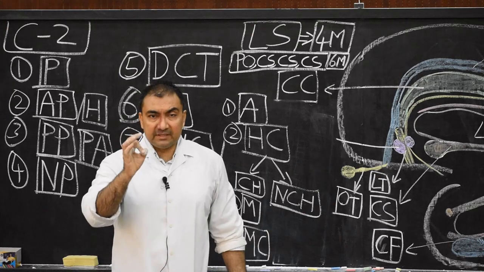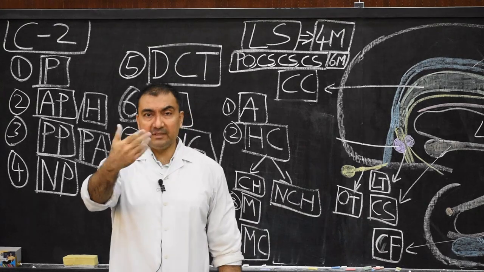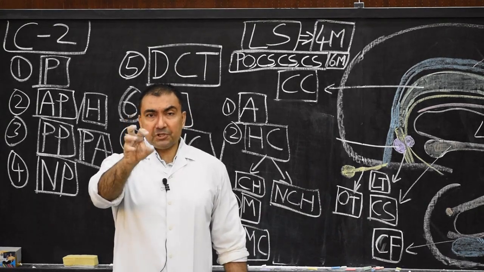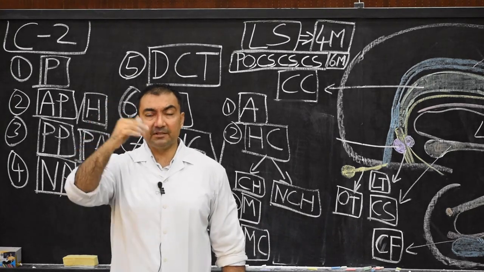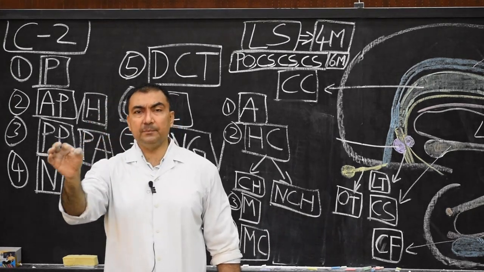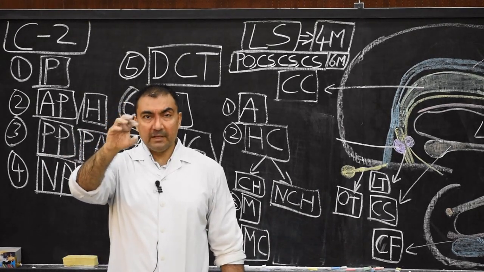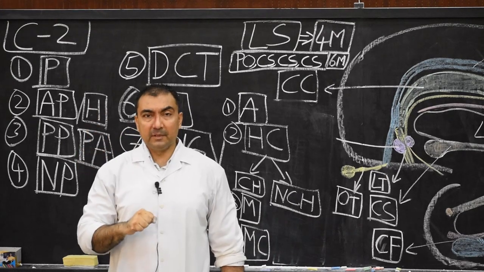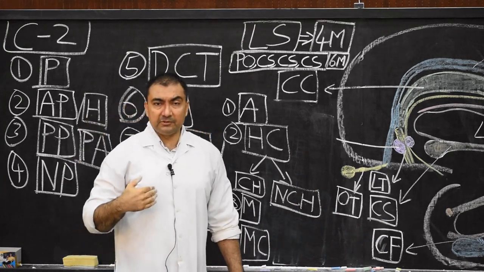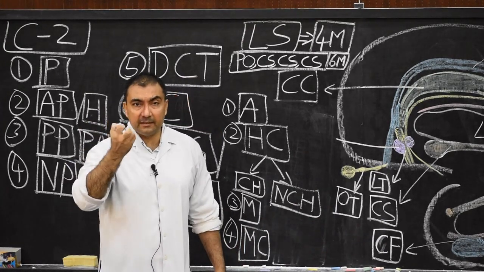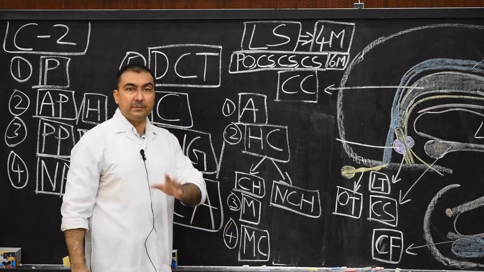Very important. During the development of the skull bones, which also I have discussed with you, the portion of the occipital skull bone, that is the squamous portion, just above the highest nuchal line, also known as the interparietal part of occipital bone, will not develop. There will be a gap in that portion. Through that gap, if the meninges are herniating outside, protruding outside at the time of birth, that case will be known as meningocele of the brain.